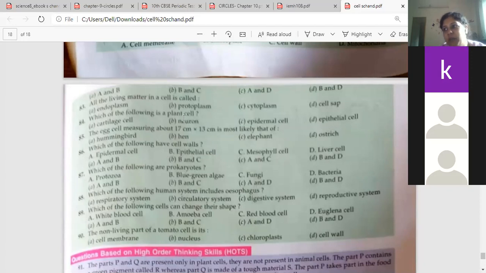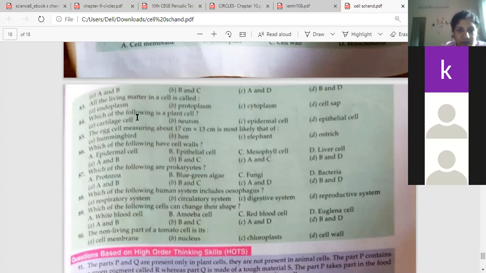Which of the following is cell sap? Cell sap is the food, water and mineral mixture. It is the fluid present inside any part of the plant. When you cut a plant or pluck a leaf, one jelly-like substance comes out from the stalk. That white color is called cell sap. When you cut a stem, or detach a fruit from the plant, immediately at the top of the stalk you will see some white, transparent liquid. That is called cell sap. It is present throughout the body of the plant parts.